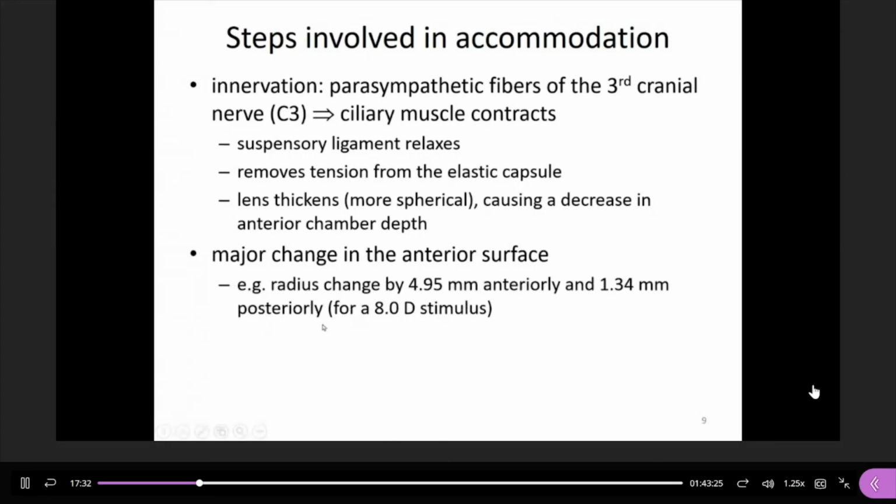For example, according to some studies, if you present a stimulus of 8 diopters, that means the object will be located at about 12.5 centimeters in front of the patient, and you can see that at the anterior lens surface, the radius of curvature will change by almost like a